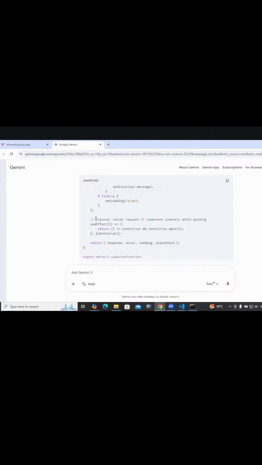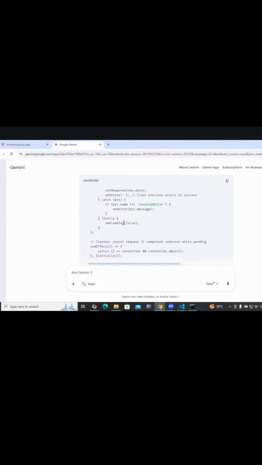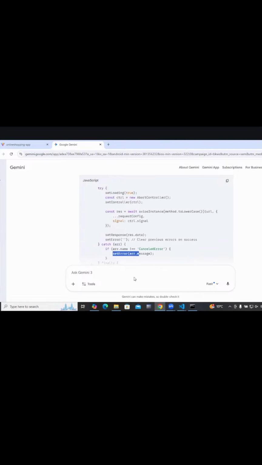You see, okay, cleanup. This is cleanup. We can skip this. Cleanup cancels the request if the component unmounts while pending. That is fine. What about this? This is all the same we are doing, right? Set error to so and so.